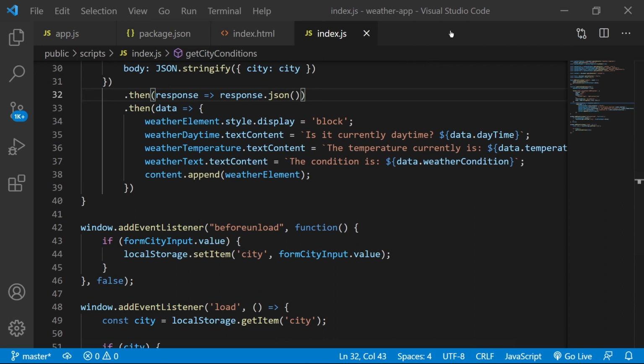That's bizarre. Let's look at our elements. So it's still going there despite it having actually failed. Response.json, and that's because it's coming from fetch.